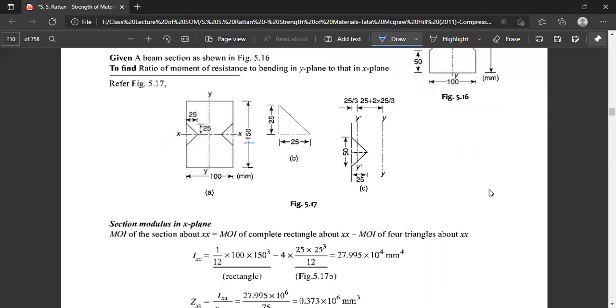There are four triangles, and we have to eliminate the moment of inertia of these four triangles. Now, Ixx is given as base 100 multiplied by the height 130 to the power 3 divided by 12, and the angle of the base will be